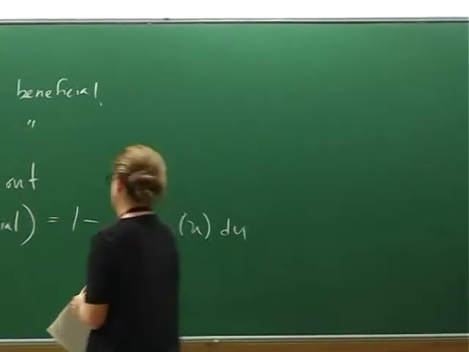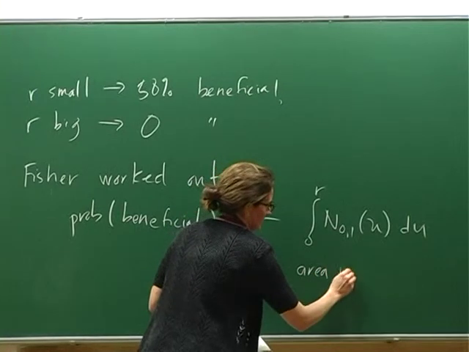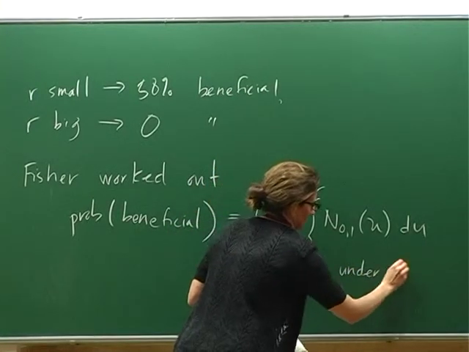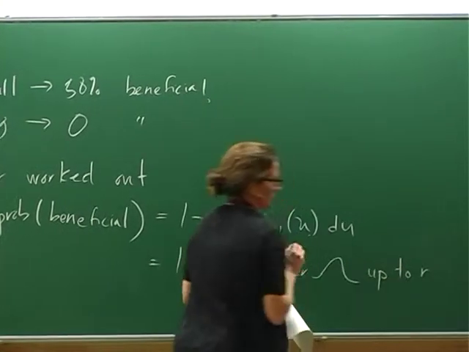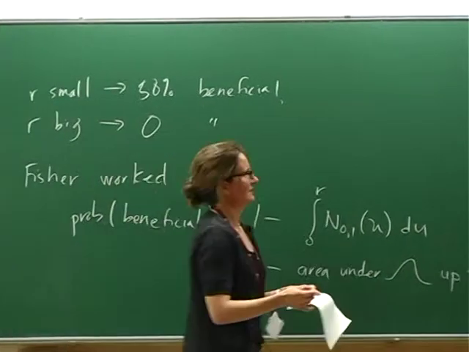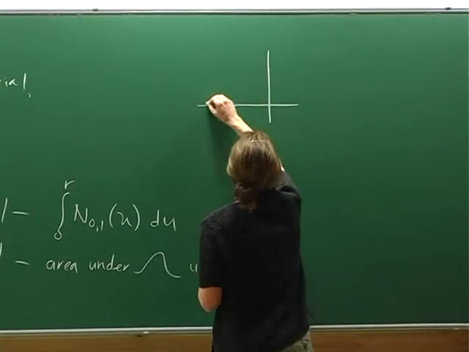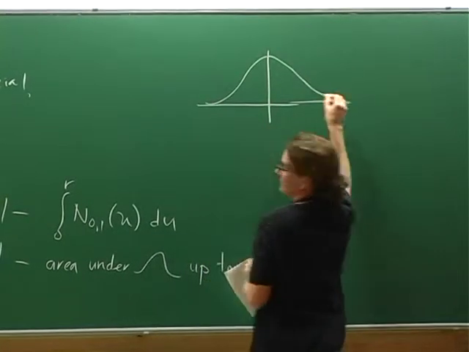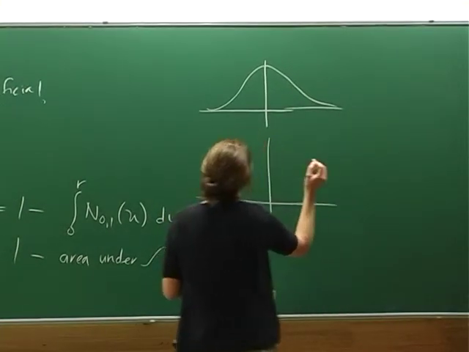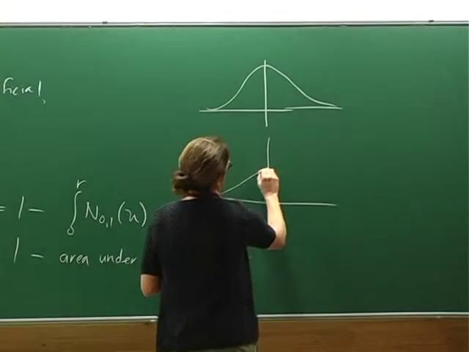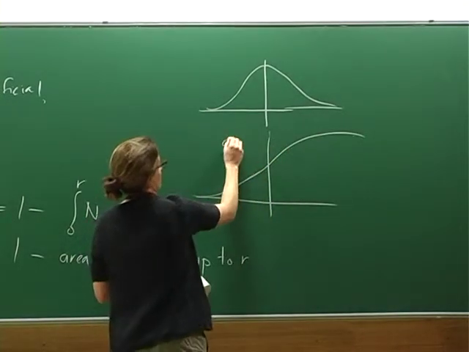So what's that? 1 minus the area under a bell curve, up to point R. What's that? There's your bell curve. Here's the area